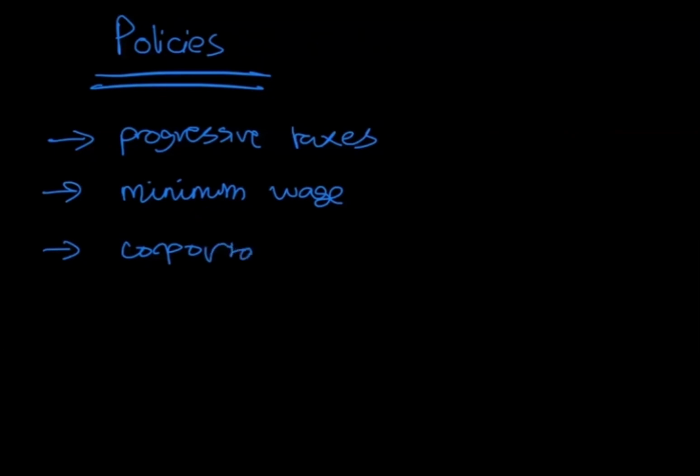Progressive taxes, so progressive tax for anything. Income taxes are already progressive, so you can say make income tax more progressive. Don't increase everyone's income tax, only increase the higher earners' income tax. Corporation tax, make it more progressive: charge higher tax on higher profit and less tax on less profit.